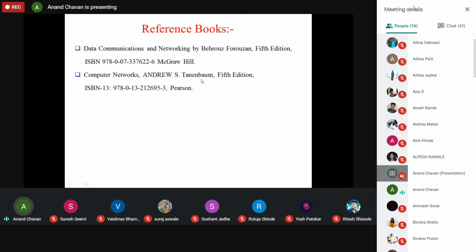Each and every topic is clearly and deeply explained in this book, Tanenbaum. This book is referred to by UG students, PG students, or any other students, and is also used for research purposes. So it's a very nice book, but it's very lengthy. And from your exam point of view, you can also use the Vision Publication book.